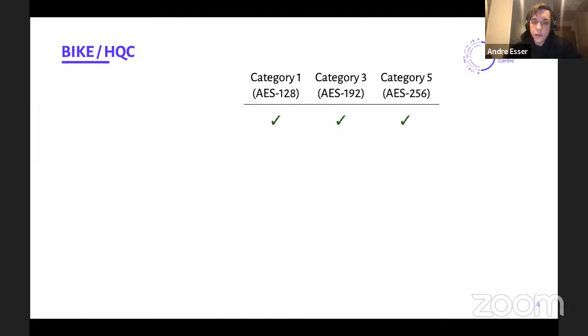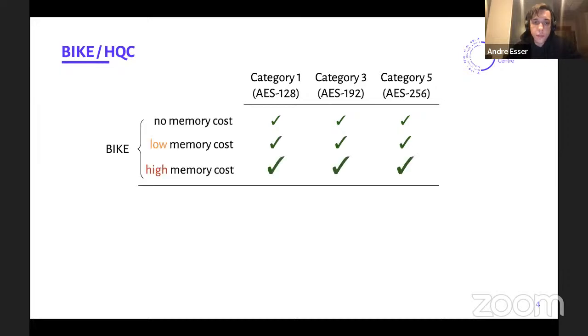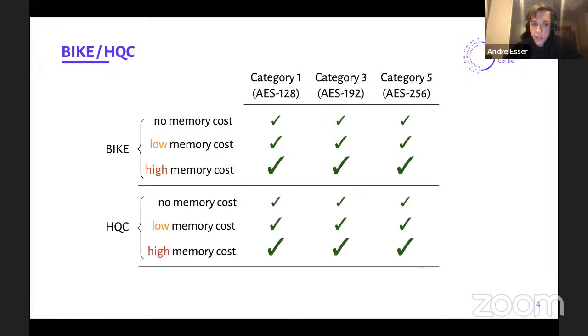And for deriving this penalization, we use some established models. I don't want to dive into the details, but of course, if we introduce these memory access costs, then we can only increase the margins, since BIKE is already matching its security levels. And the same holds basically for the HQC scheme.